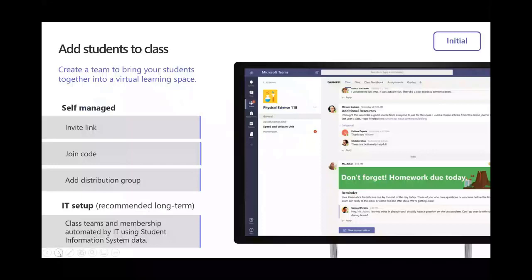And once they've created their structure in terms of channels and tabs, they can send the link to students and say, hey, please join this team. They can manually add the students via their email addresses. They can send a join code in which students themselves can go into teams and just do a simple code, which will bring them into that team. Now that's great for rapid, we need to get out there as quick as possible, but it really puts a lot more effort and work on the teachers. For a longer term process, we feel that IT should lead this process.